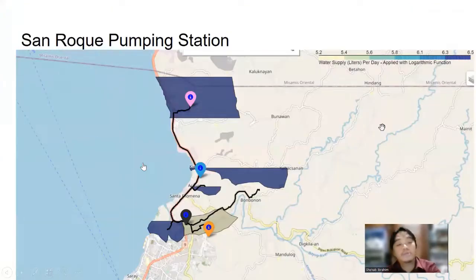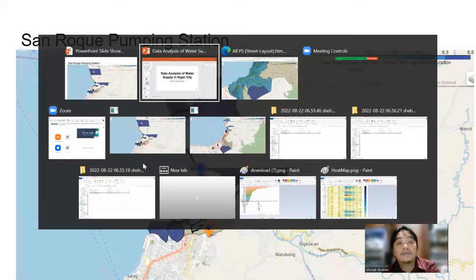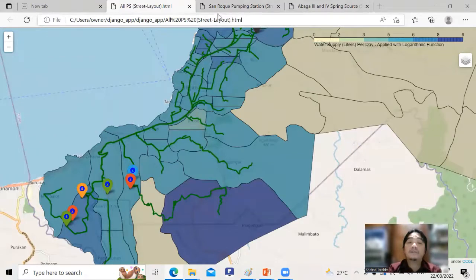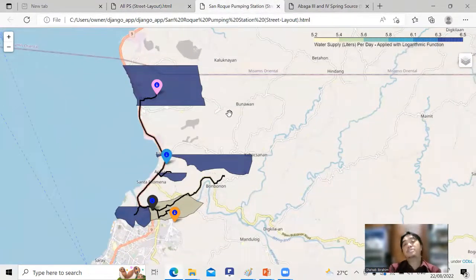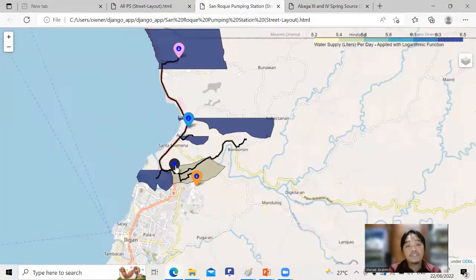Oh, okay. So we actually also have maps for every pumping station. In this case, this is the San Roque pumping station. As you can see, San Roque is here. And it serves 5 barangays: the Santa Filomena, the San Roque, the Akmak Area 3, Kiwalan Area 3, and Dalipuga